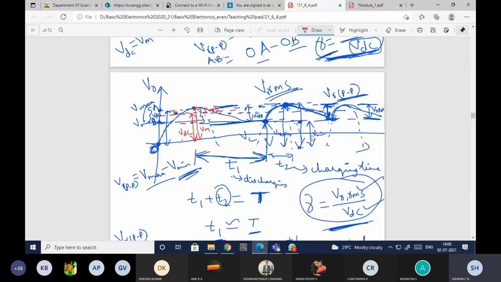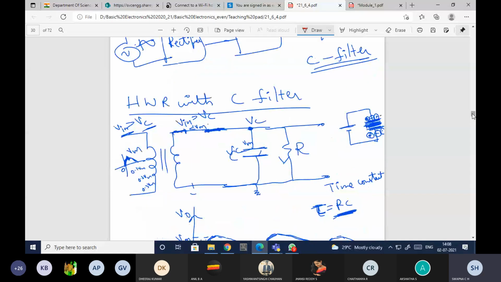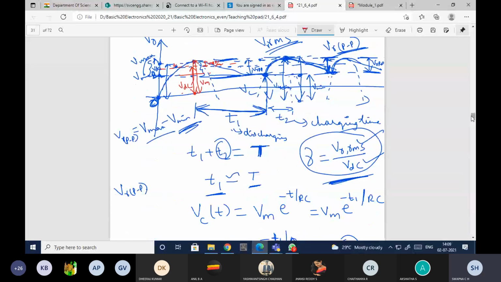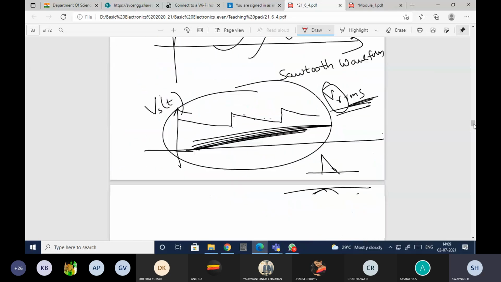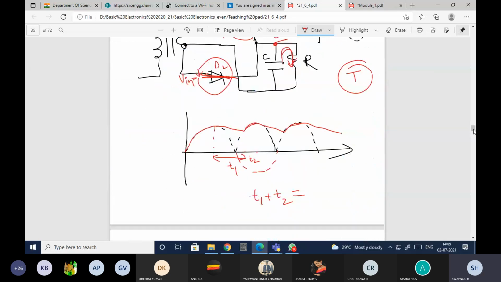Now my question is, if you take the half wave rectifier output signal, from here to here, whatever I have taken, wait, let me go back. T1 plus T2 I have represented as T, for one complete cycle. From here it will start, until here, and here it is like full wave, from here to here, whatever T1 plus T2 I have taken as T. Now my question here is, what will be T1 plus T2 here?